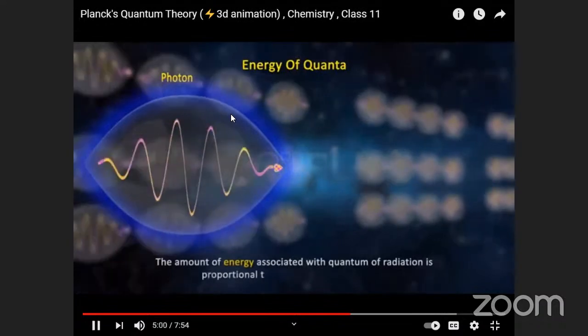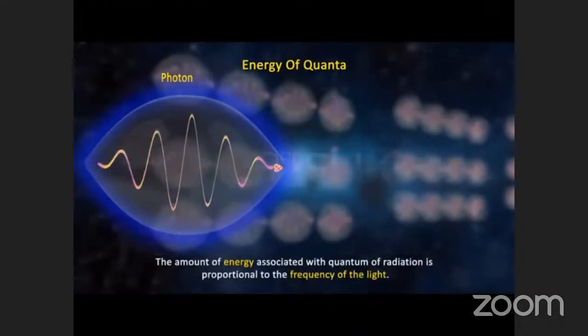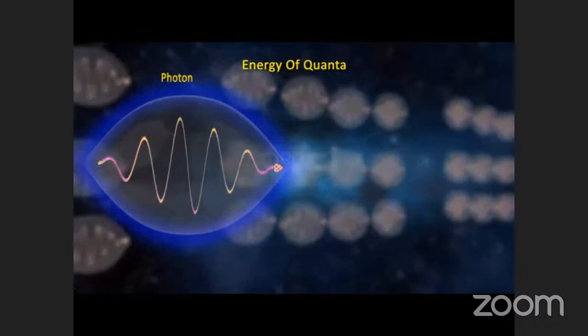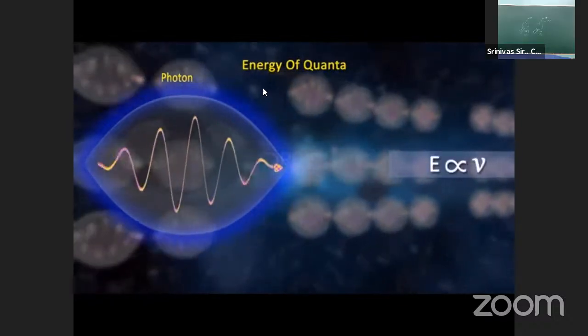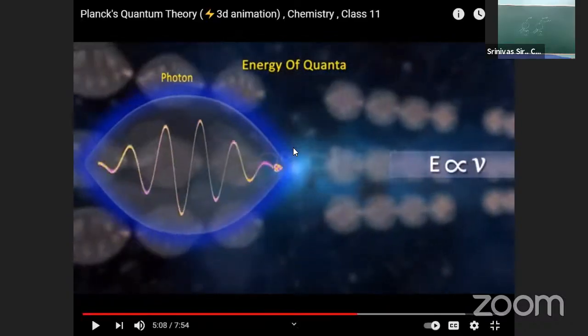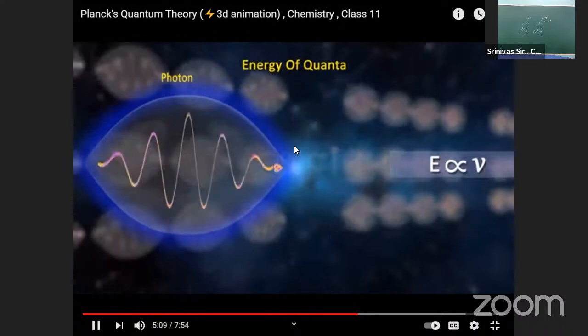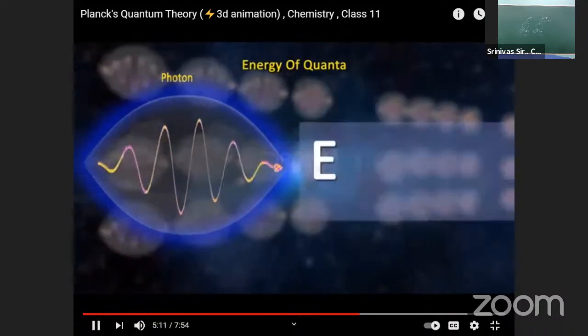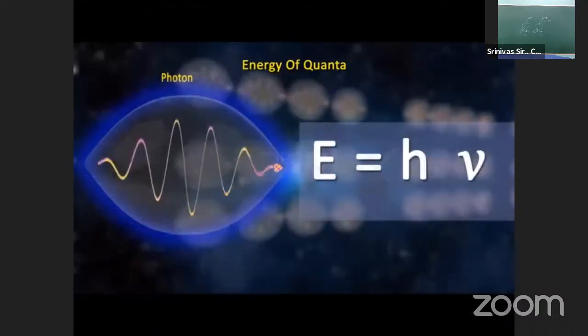Energy is proportional to the frequency nu of the light, which implies that E is directly proportional to nu. From here onwards, all the stuff that is going to be written, you guys know about it, right? We discussed it in even more detail than this. Or E is equal to h nu,